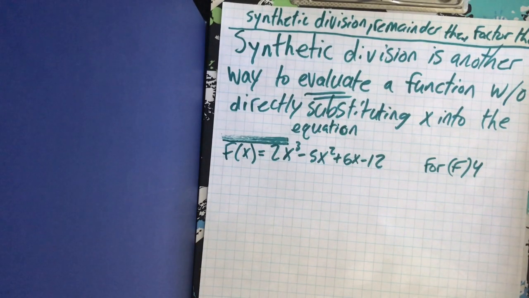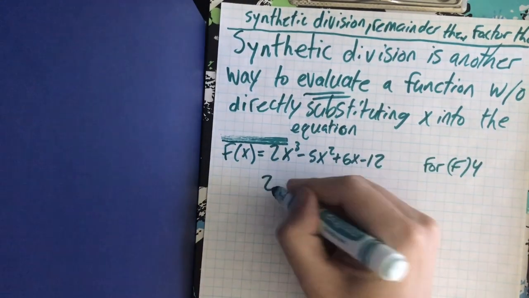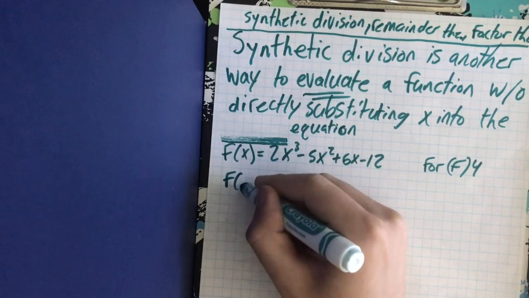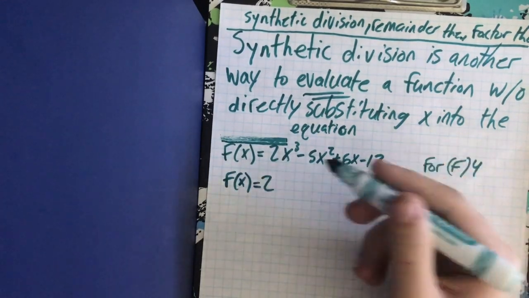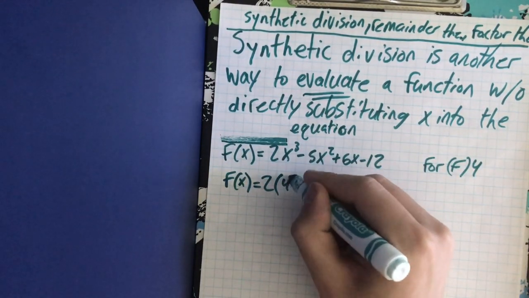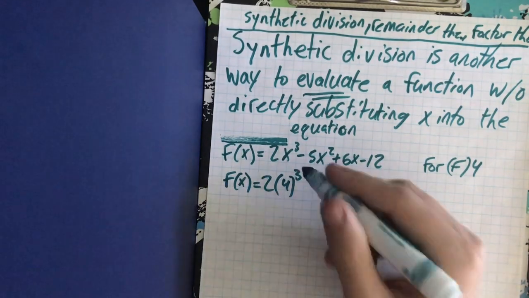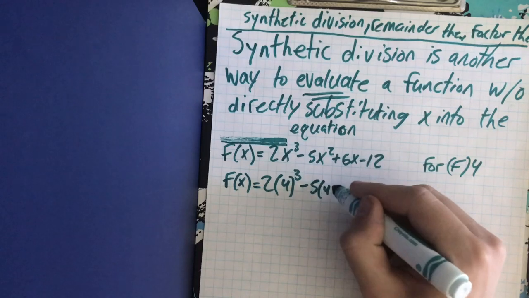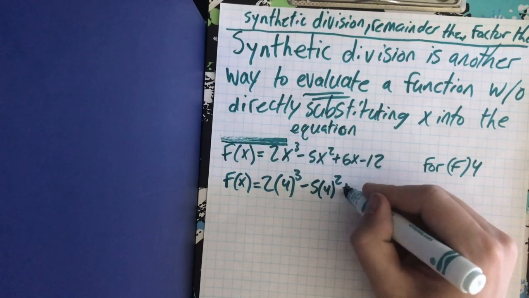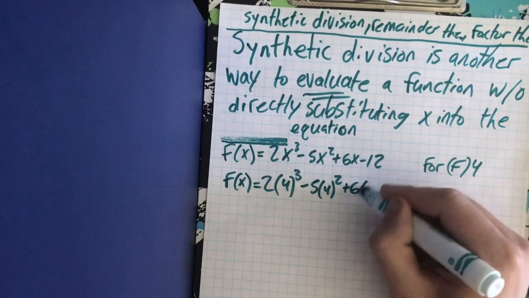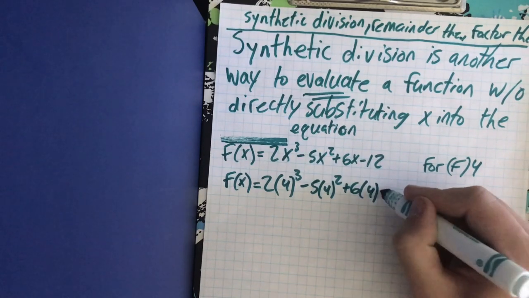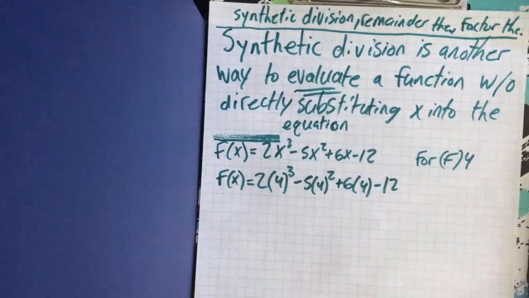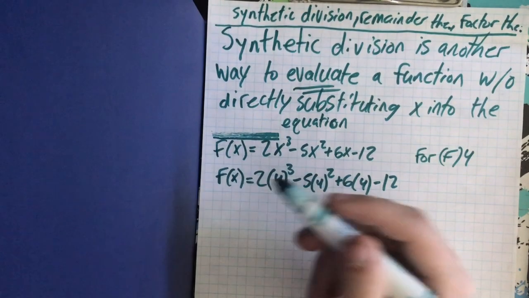plug 4 in for x, right? So we would have f of x equals 2 times 4 cubed minus 5 times 4 squared plus 6 times 4 minus 12, right? And then you would